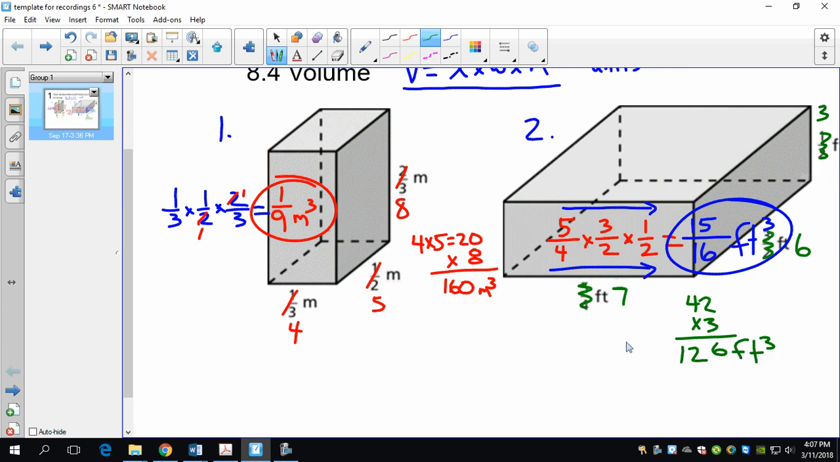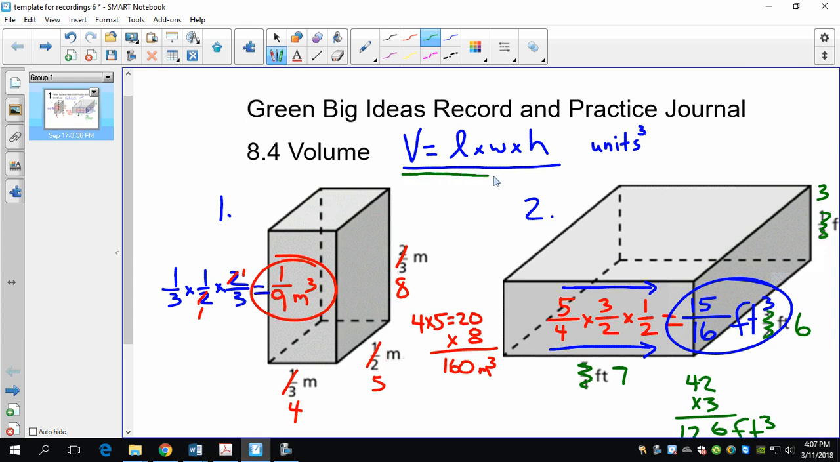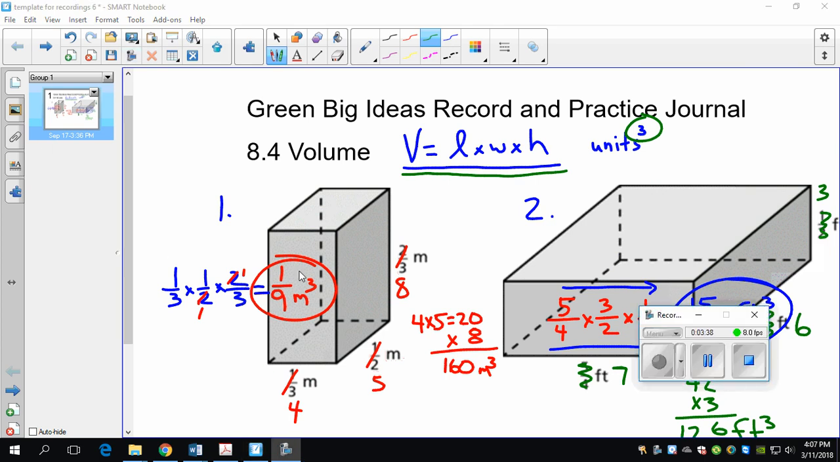So whether you're dealing with whole numbers or whether you're dealing with fractions, you need to stick to your volume formula. It does not get any easier than this for a 6th grade math formula. Length times width times height. Remember, your units are always going to be cubed. Cubic